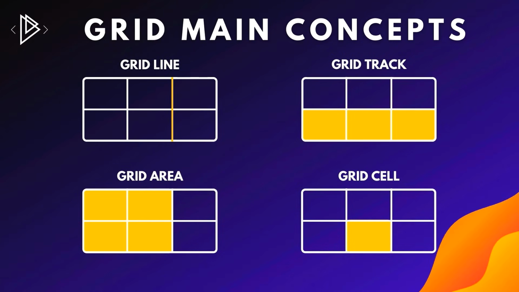Next we have grid tracks, and these are basically the full column or row in a grid container. So here we have the grid track between the second and third row lines. There's also grid areas. Think of these as the total space surrounded by 4 grid lines like we have here. And then finally we've got a grid cell, which is basically a single space within our grid. If you've ever used Microsoft Excel, then you can think of grid cells as the different cells in an Excel spreadsheet. Don't worry too much at this stage guys if you're not sure what this means, we will go over all this as we go through the code.